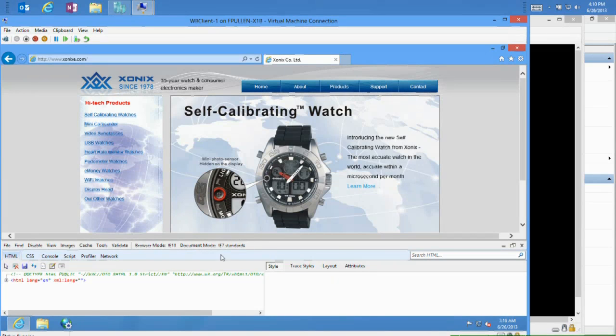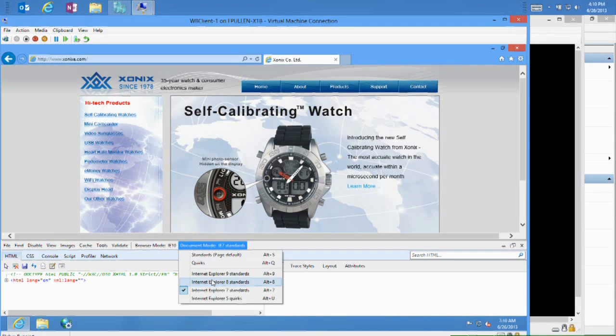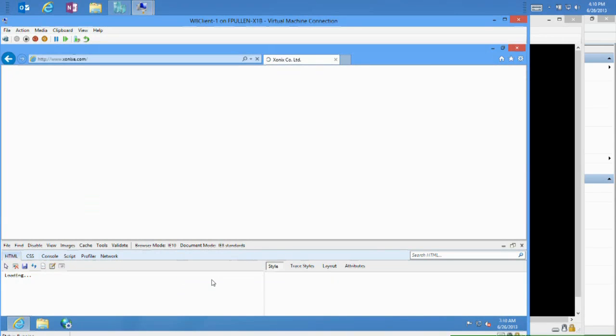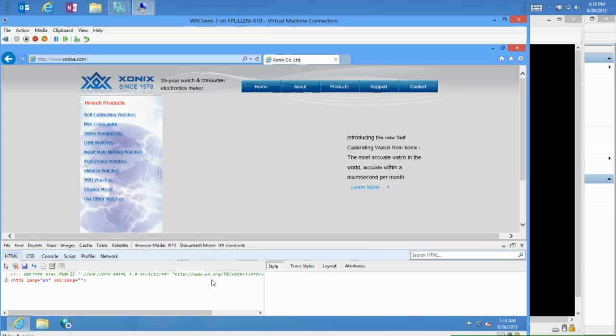So in this case, I know that this website works a little bit better if I were to choose IE8 or IE9 standards mode. And just the same way, you could do this kind of testing very quickly with internal web apps, with external websites, decide what the right mode is, and then either work with the developer, work with Microsoft, or use the tools at your own disposal through group policy or other things to be able to make